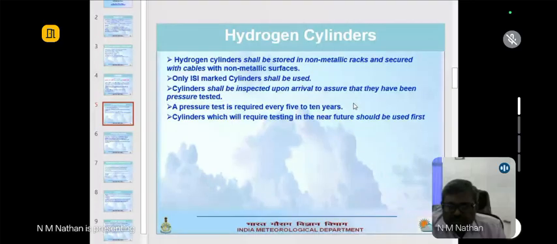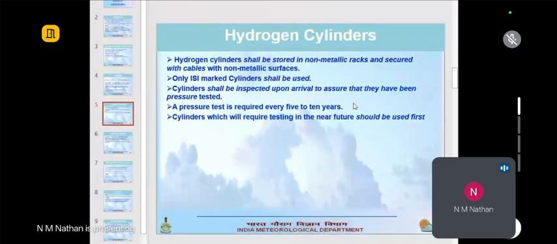So that if any static voltage is generated from the hydrogen gas, then that static voltage will be properly earthed and it will be discharged. Otherwise, what will happen? That static voltage itself will ignite a fire. And once a fire happens, it will explode. So to avoid this, your cylinder should be properly earthed